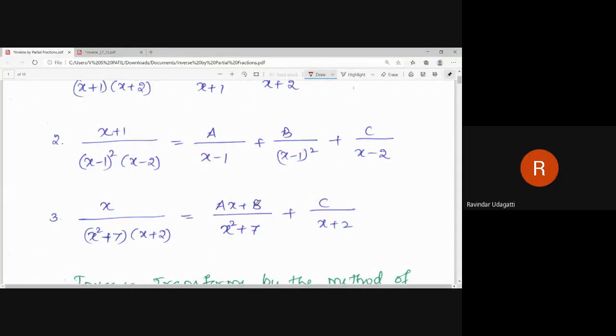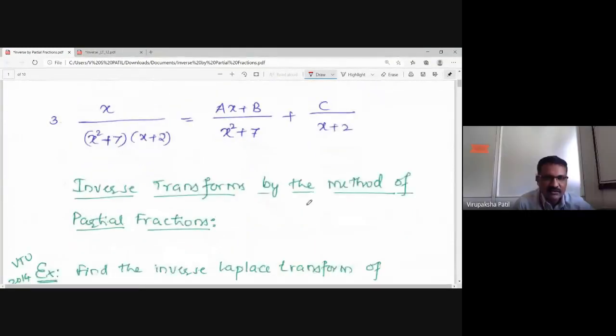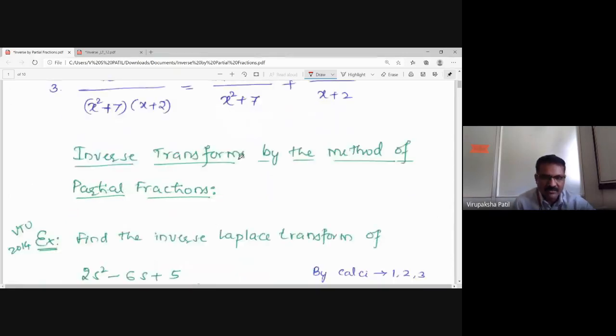Yes, sir. Okay. The next thing is, let us take some examples. See here, generally we are taking it as x, but when we deal with Laplace transforms, in place of x, you will be getting s. Because that is a function of a signal which you are going to convert in terms of a time function.